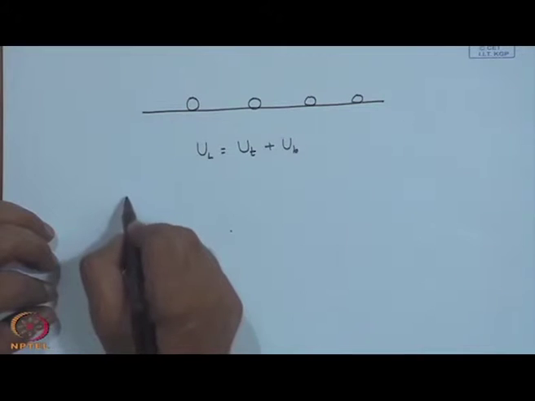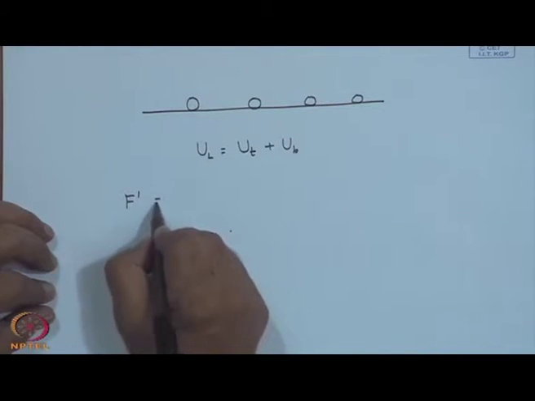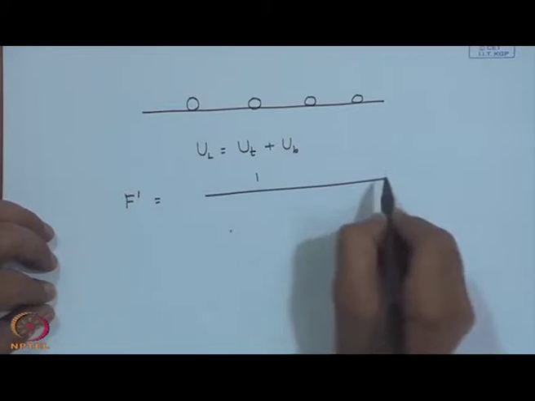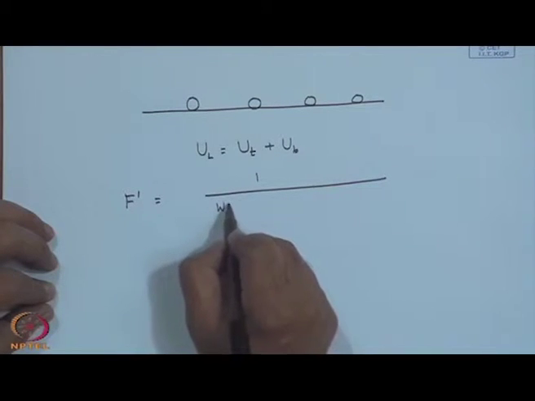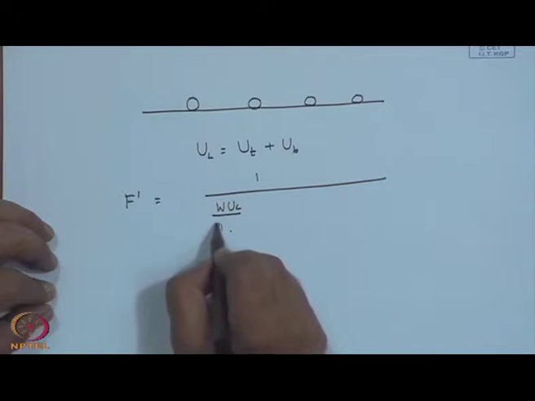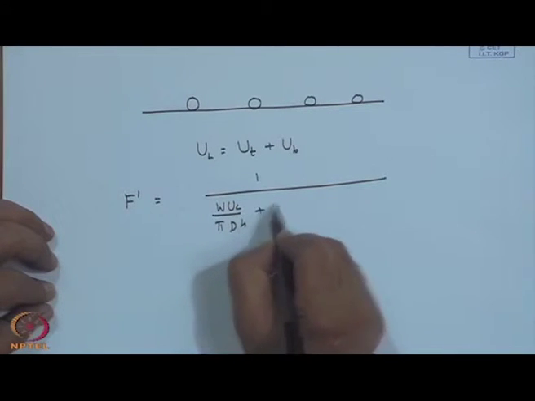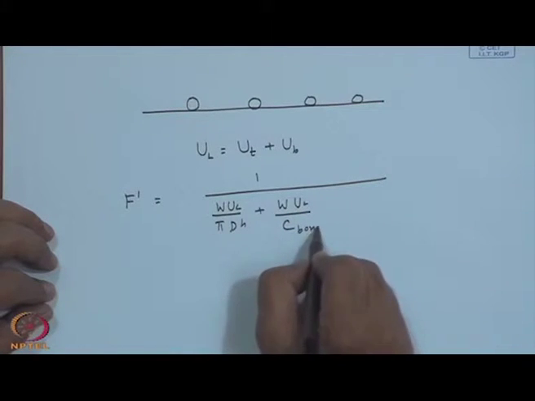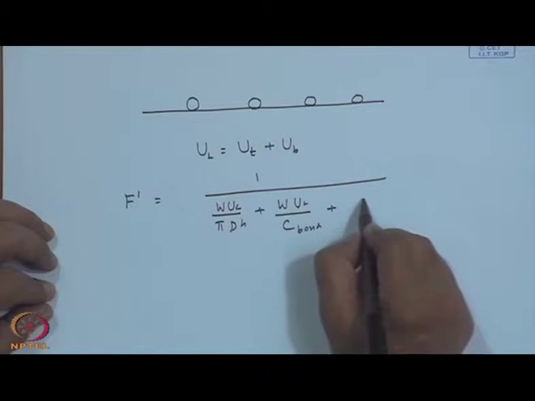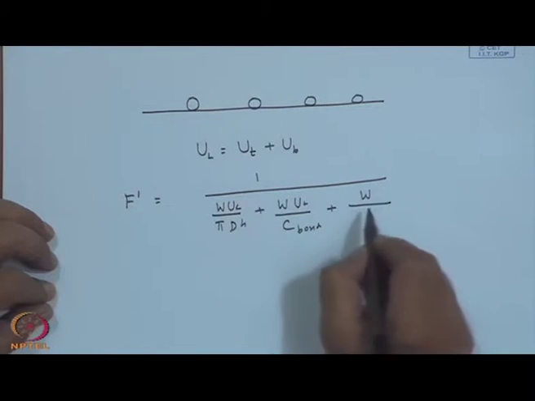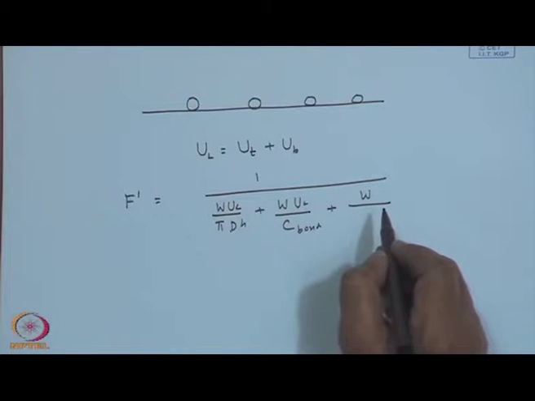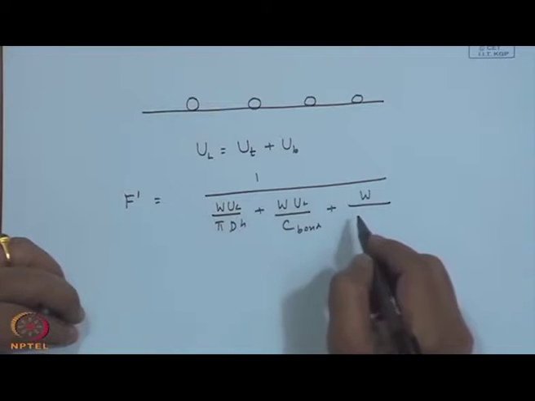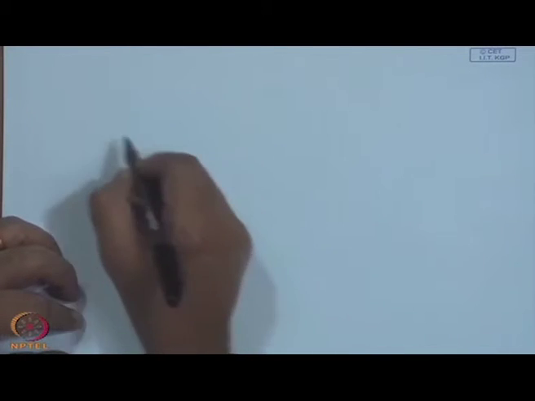And of course, the expression for the collector efficiency factor slightly differs from that for the previous arrangement. This is the previous expression, and for the second arrangement,